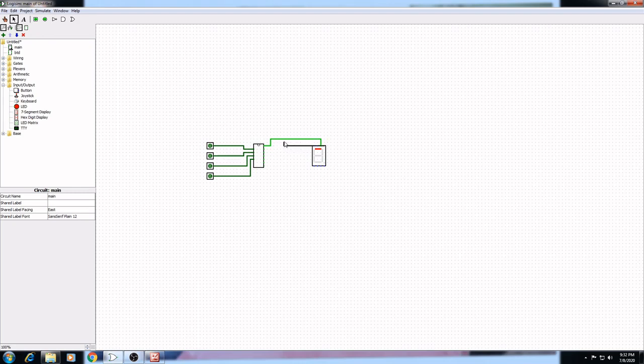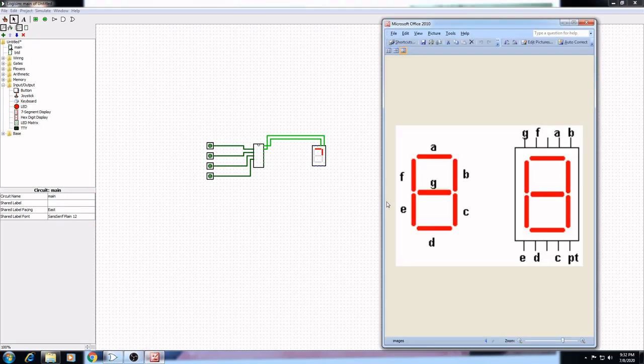We just go here and connect it to B. See, the segment B is enabled now. Similarly we can do the other connections according to this pin diagram.